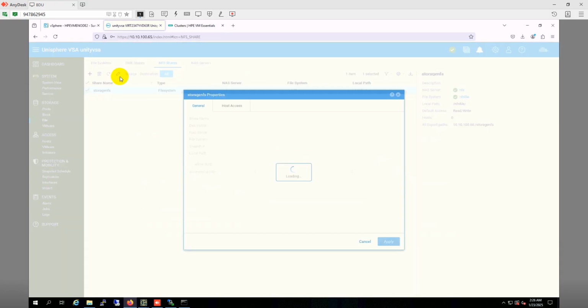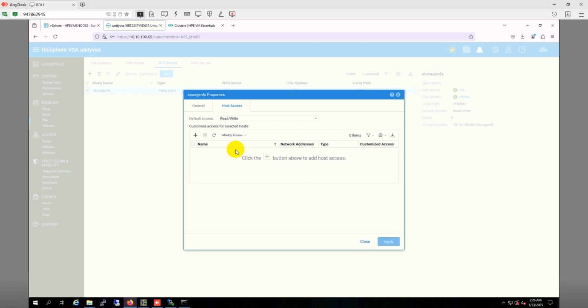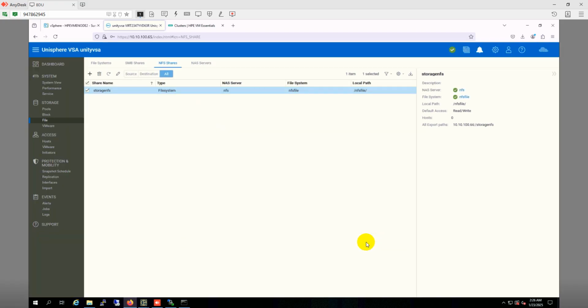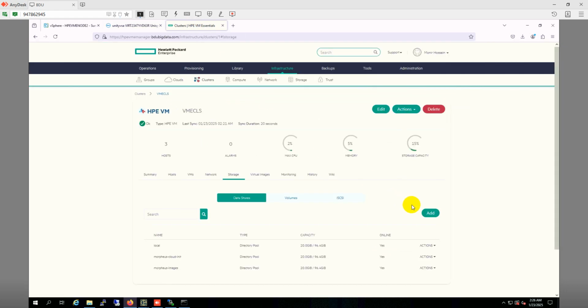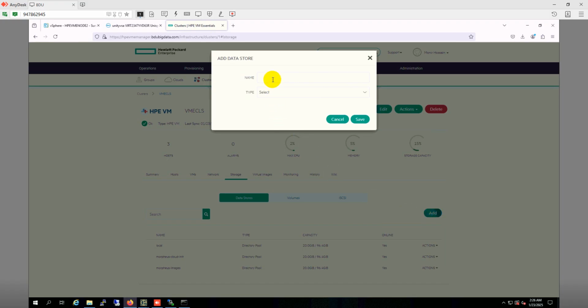If you click on here, you can see we have this share path, which is the IP address of our storage interface, and then this is the directory name. For host access, we didn't have any customized host access, so it's supposed to be accessible from all the hosts. So we will check on that. Let's go to our cluster, then to the storage tab, and under data store, we'll name it